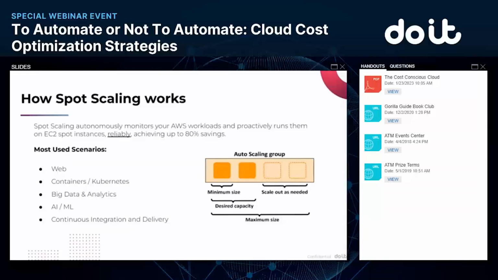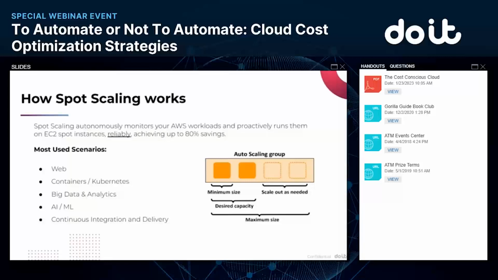So let's jump into a little bit of details on how this works. A lot of workloads can benefit from spot scaling. Again, it leverages those auto scaling groups to drive efficiency, and it does this without sacrificing any reliability. You may already be using auto scaling groups, and even if you don't know it, there are many AWS products like EKS that use ASGs behind the scenes. So you are likely already using auto scaling groups, and even if you're not, it's very easy to set these up with the help of our customer reliability team. As you already saw Mehdi walk us through, you can have an expert like that help you out to create